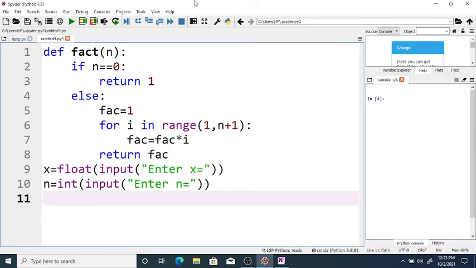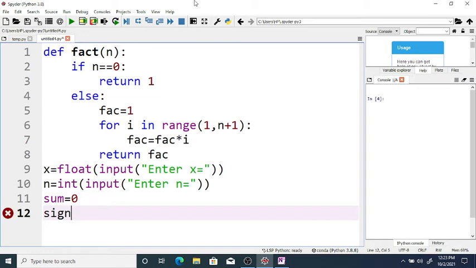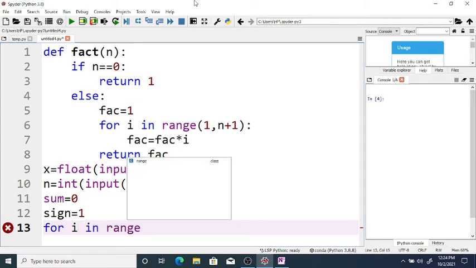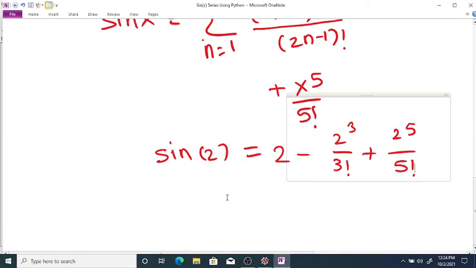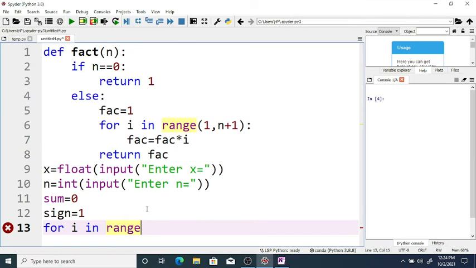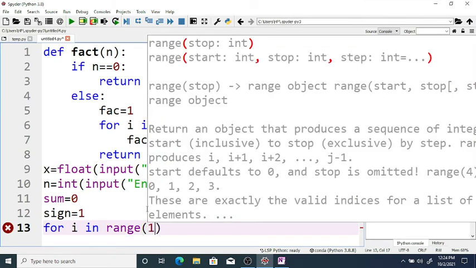Now here we assume the sum is equal to 0 and we take one variable for sign. Initially the sign is positive, so sign is equal to 1. Again for i in range, now what is the general formula for sin x? It is the sum from n equal to 1 to infinity, minus 1 raised to n, x raised to 2n minus 1 divided by 2n minus 1 factorial. So for i in range 1 to n,